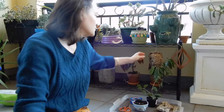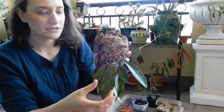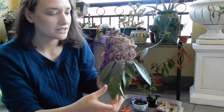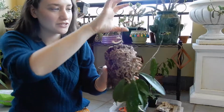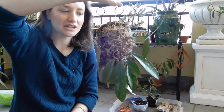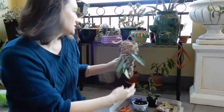Hi, today I'm going to mount a Hoya onto a cork. I've done this before. Here's one. I did this around Christmas time last year and it's going pretty well. I really like it. I've got a little hanger. This lives in my kitchen by the window. So I'm going to do another one